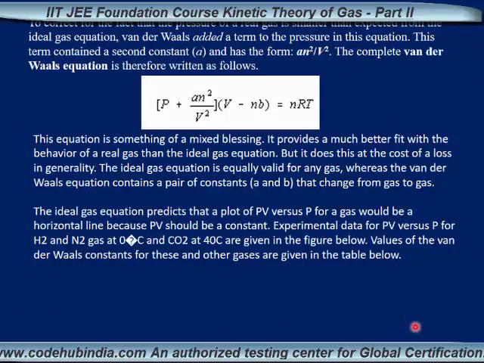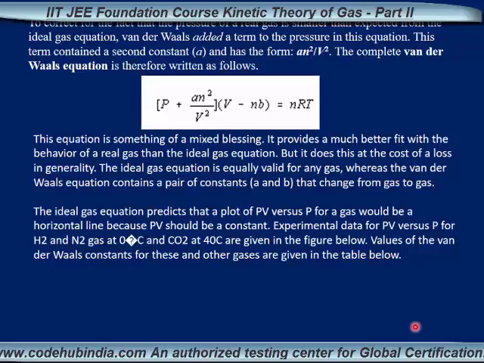So let us think about the pressure. Because pressure times volume equals a constant, if pressure is more, volume will be less, and if volume is more, pressure will be less, because the product of both variables gives a constant. The constant should not be changed. To correct for the fact that the pressure of a real gas is smaller than expected from the ideal gas equation,